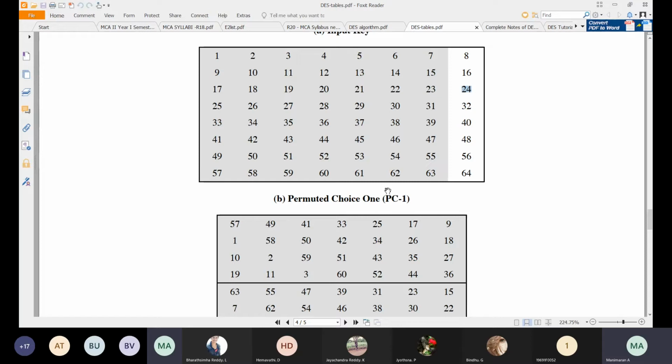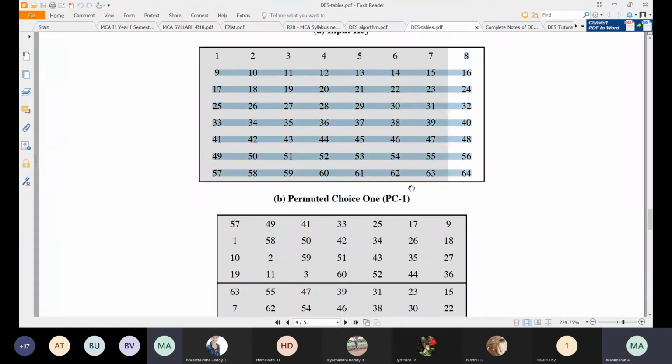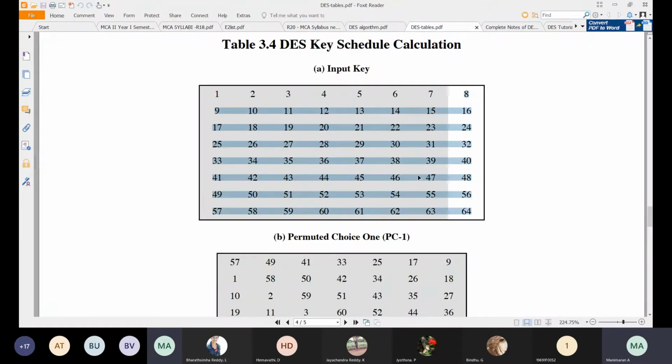The same method we use here for checking whether the bits have reached correctly or not. So by pairing, the multiples of 8 we are going to pair. Finally, if we get the actual data, then we can say that whatever we received came without any error. For that purpose we use the parity bit. So 8 bits we are dropping here, so that finally we get 56 bits only.